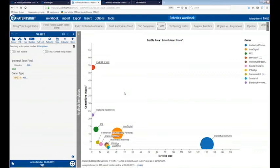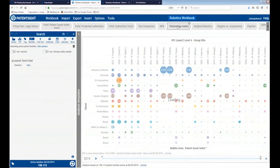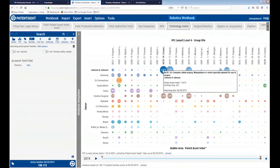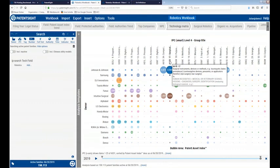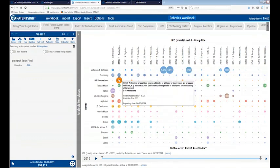Now, I already said there are many different companies in there, many different in terms of what is the application that they're actually using robotics in. And so for that, I want to show you a matrix chart where we can take a look at where the strengths are in terms of IPC classifications within these portfolios. I think you can see right away that there are some huge differences. For example, if we're looking at Johnson & Johnson, we're talking about A61B, so that would be surgical classifications here for these patents where they are most active. And if we're taking a look, for example, here at DJI, it's more about the controlling of position, course, and altitude. So a different application basically within the